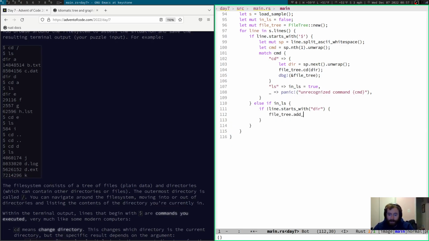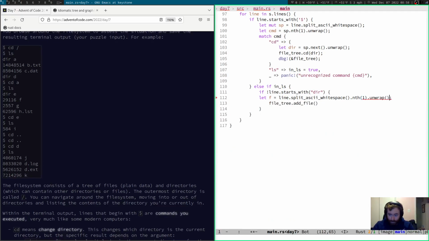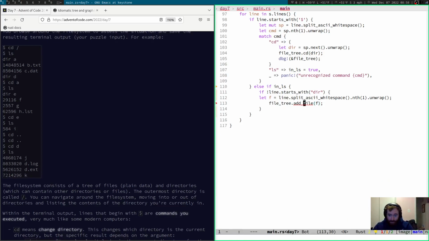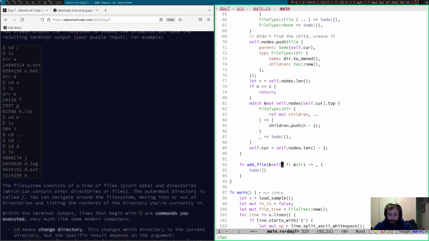FileTree.add_file. FileTree add_file f. Generate the method. Let's go to add_file. It takes &self and the file name. Doesn't return anything. All it does is it